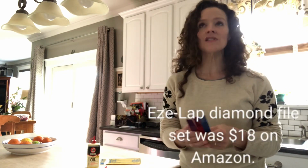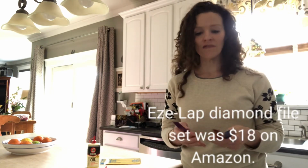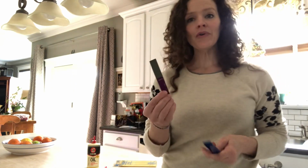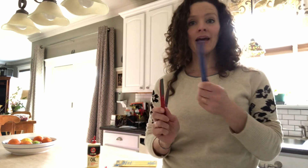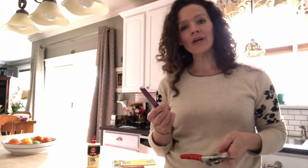They have different size files, different lengths, different grits. So think of it much like sanding paper, except these are diamond files. So I ordered a pack of 3. Came in a pack. There was 3 of these guys, and I have a medium grit, a fine grit, and a super fine. So what I'm going to do is start with the medium grit,